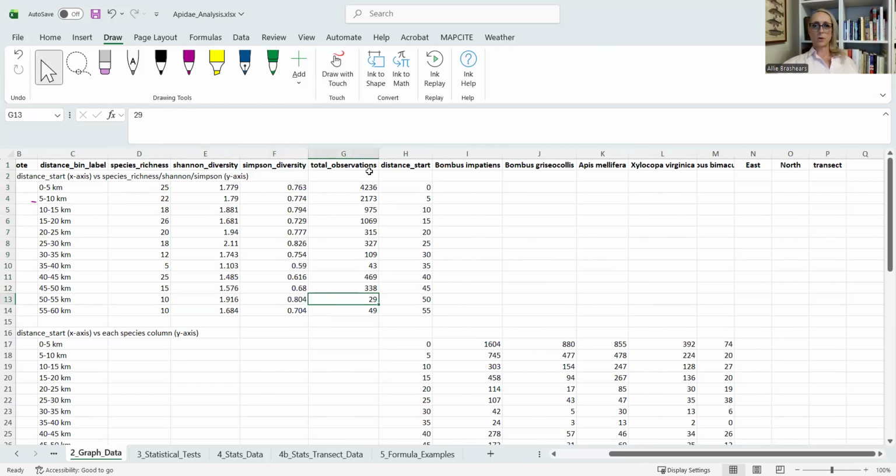And then you also have your total observations, just how many times these were observed. So, you know, in this box, you had 4,236 observations, but only 25 species were cited over and over again. So when you create a graph, you're going to want to create a graph with this on the x-axis and one of these